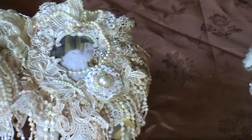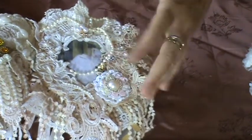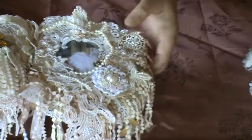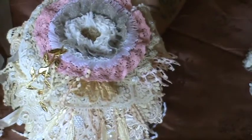I didn't use it in this book. I wanted to, but it is really, really important, so it would dwarf the images. And then I put rhinestones here with a little pearl in the center, and we come to the very last page. As I did in other books, I love to make the flower page as the back of the book,